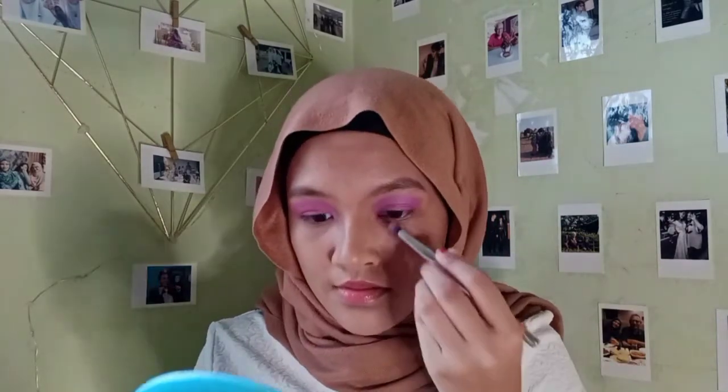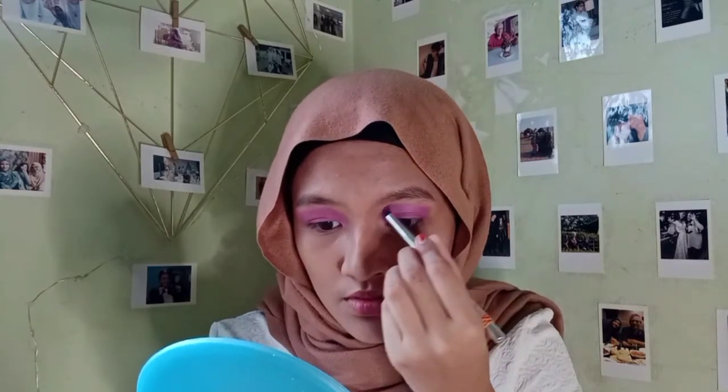I'm gonna do the same here. Okay, so it's done, and as you can see, it's really overloaded, and I'm just gonna let it be overloaded like this. Next, using the same brush, I'm taking a dark purple and just blending the edges here